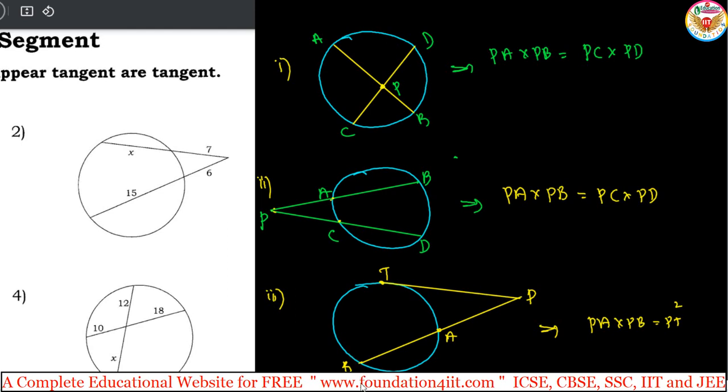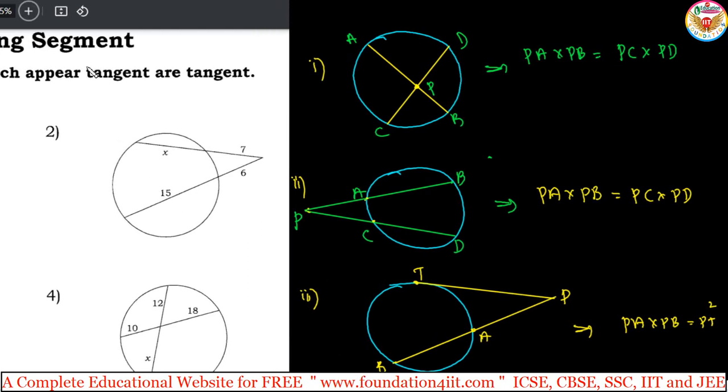So let us see this problem. Okay, for example, this question number 2. You observe here, this is P, A and B, and this is CD. Now what is given? This is the second property, right? The distance from P to A, that is 7, into the distance from P to B, 7 plus X,